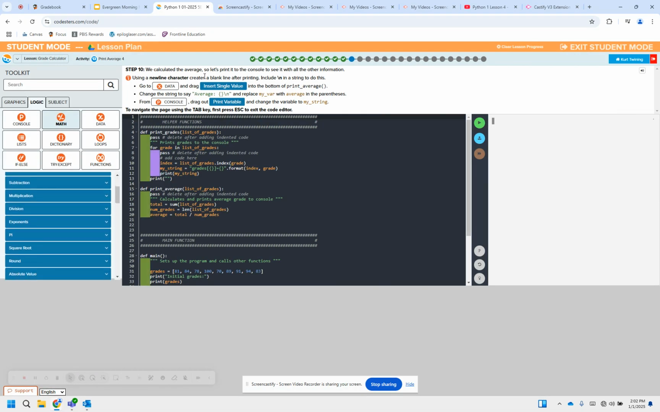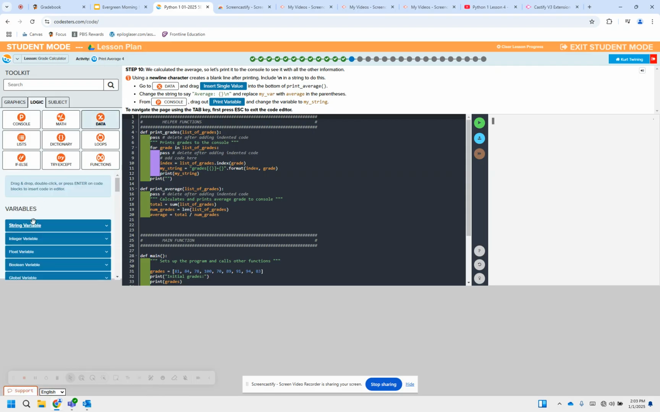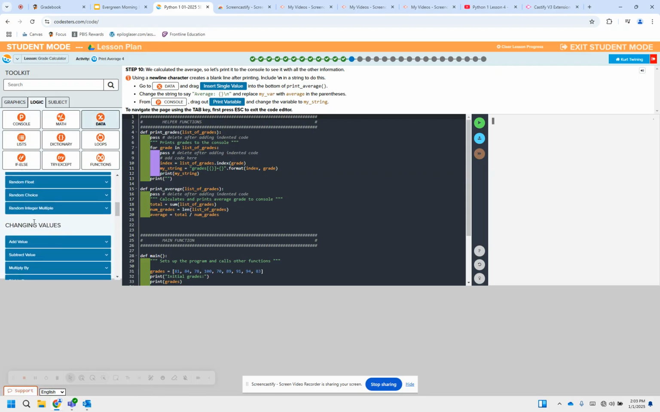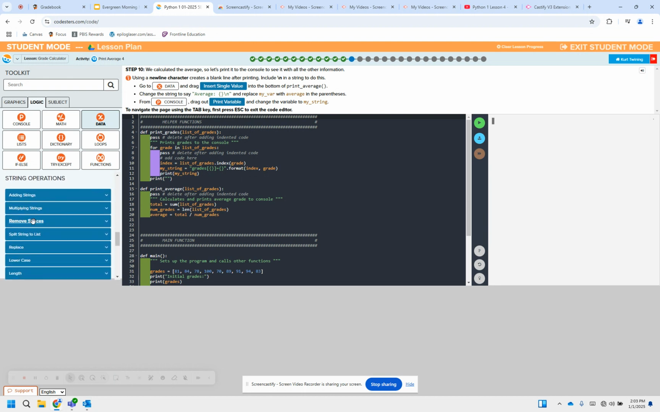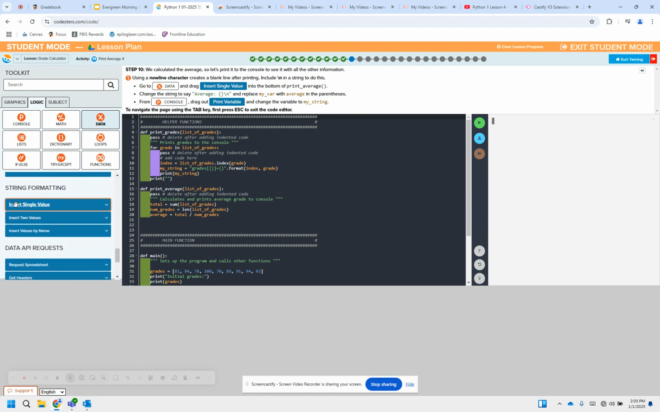So we calculated the average, so let's print it to the console to see it with all the other information. So we're going to use a new line character, which creates a blank line after printing. Include the \n in a string to do this. So before we just printed the blank line in print grades, but now we're going to use this new line character. So we're going to go to data and we're going to insert a single value into the bottom of print average. So under here, we go to data, and we're going to insert single under string operators, string formatting, here it is, insert single value,